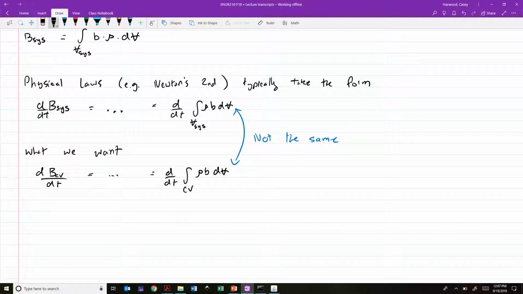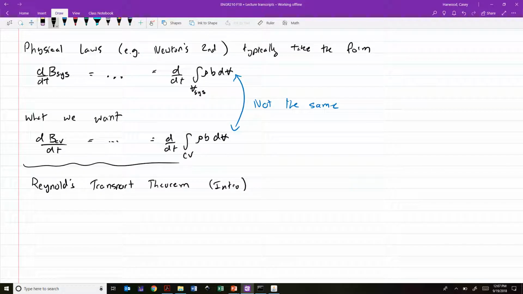As a preview, here's what the Reynolds transport theorem does. Reynolds transport theorem, right, intro here. Without any formal derivation, it basically says that the rate of change